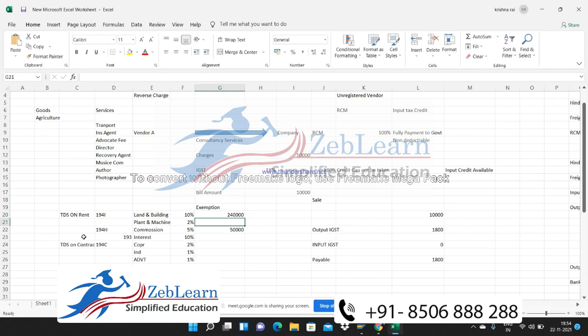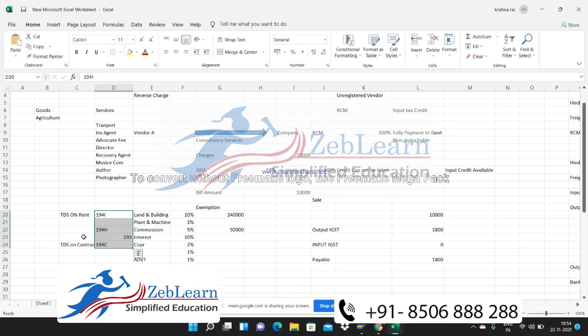So this is something about tax. Now what we have to do is create these condition types and tax rates. We need to create some conditions for tax codes, just like we created tax codes for GST and RCM GST. In the same manner, we have to create tax codes for our TDS rate. And we have to create condition types for all the sections for deduction of TDS in the system.